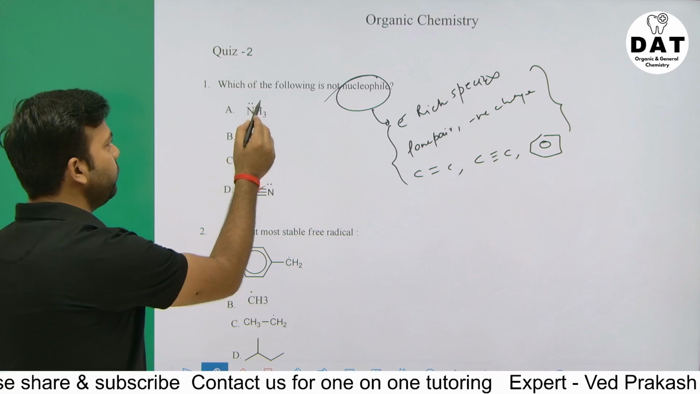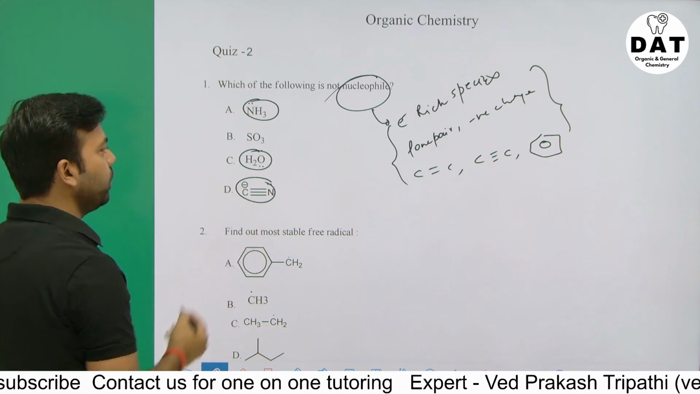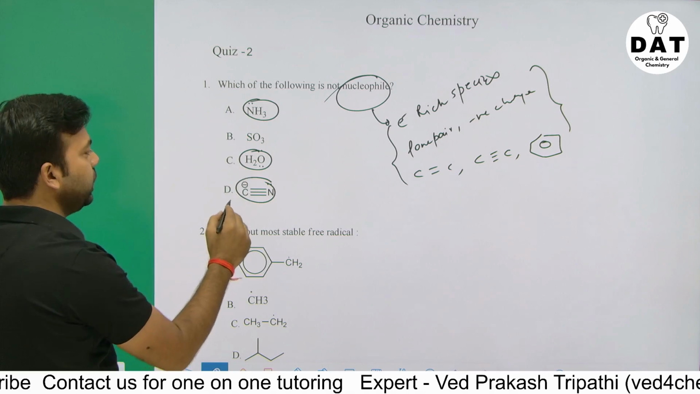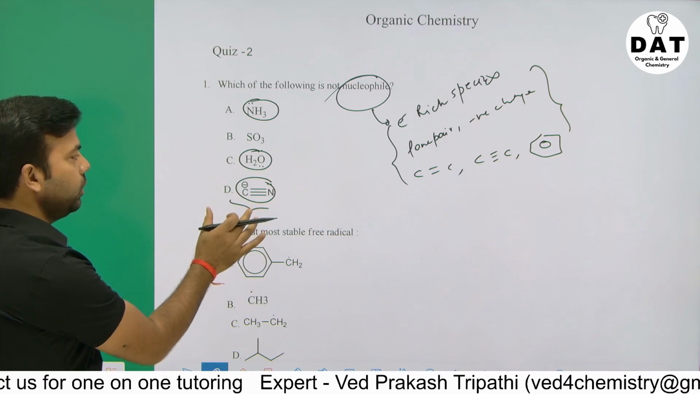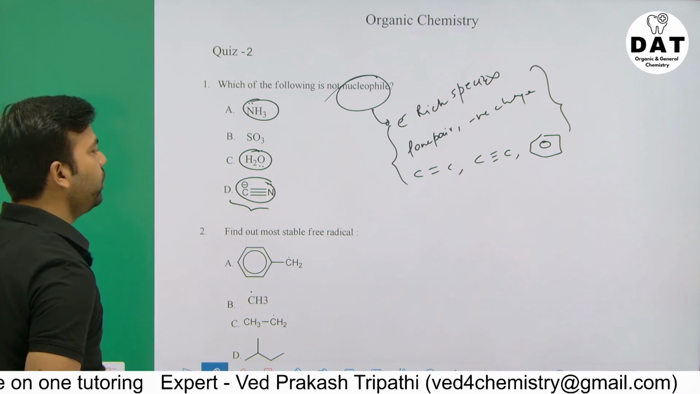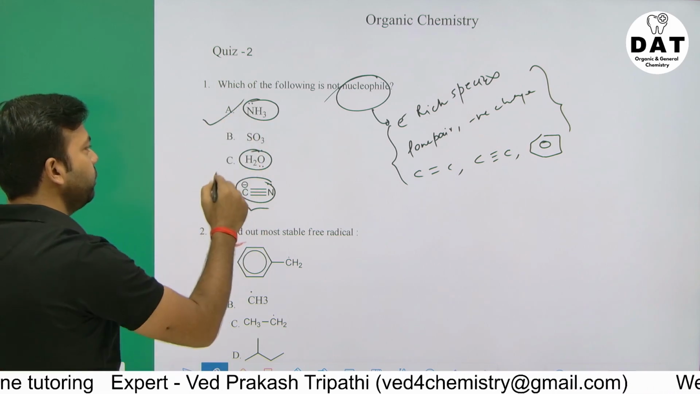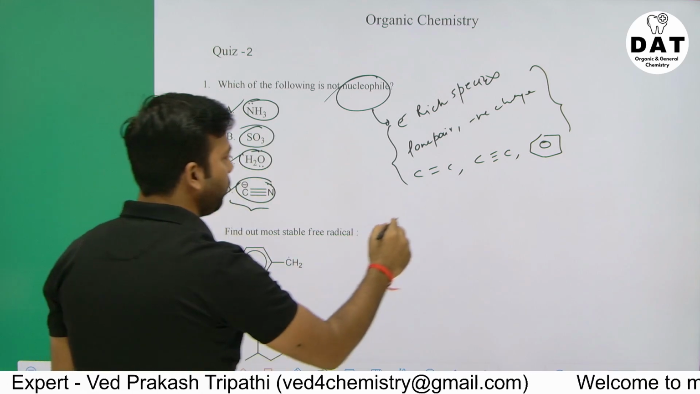So as you can see, we have a lone pair here, we have a lone pair here, and here we have a negative charge and a lone pair both. So this is basically called an ambident nucleophile, which means it has two centers to donate its electrons, the negative charge as well as the lone pair. So A, C and D are nucleophiles, while if you look at the structure of SO3,